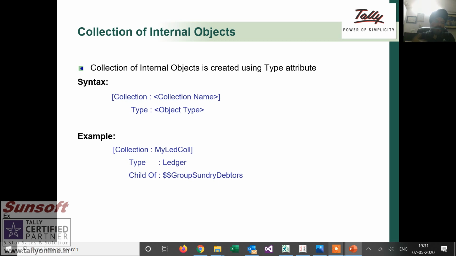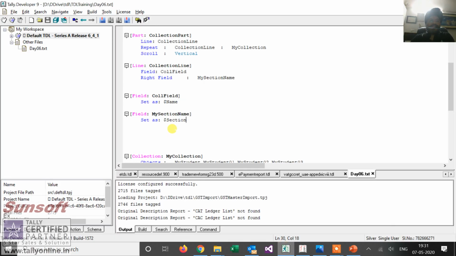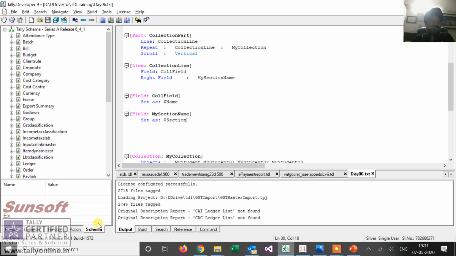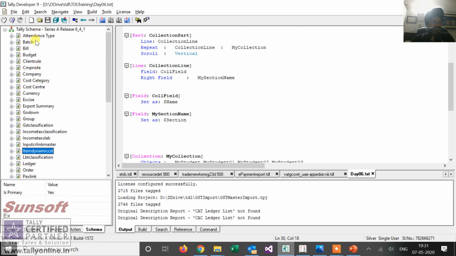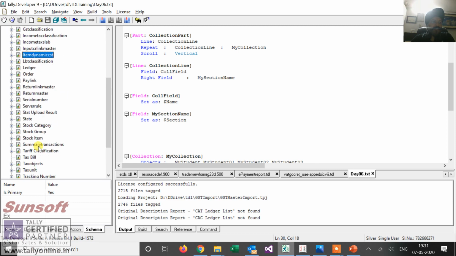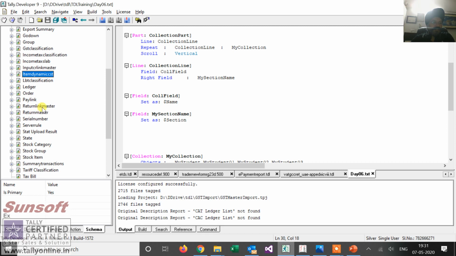Now how do we come to know what collections we have in Tally and what methods are there in Tally? For that there is a tab here at the bottom, you see a schema. So the schema here has all the collections that are there in Tally, internal collections, and let us see the ledger collection is there.